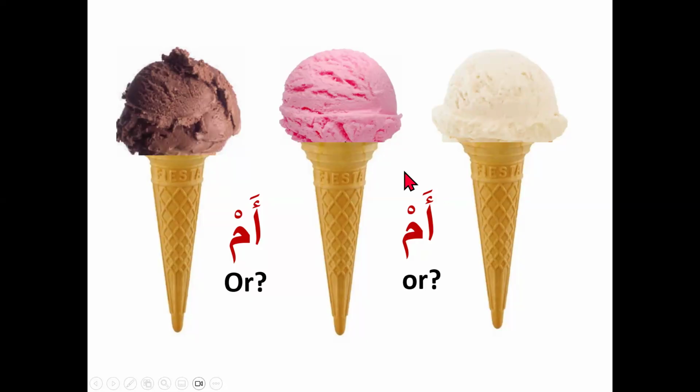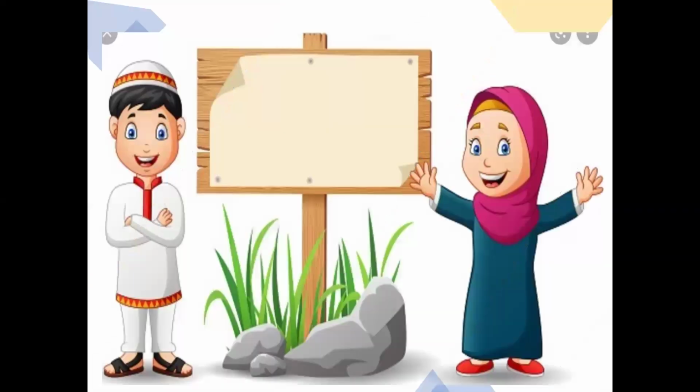I hope you understand the difference between aw and am. When you decide by yourself and you choose one of the things, and you say, I will choose vanilla or strawberry, you use aw here. But when you ask something, do you want vanilla or strawberry or chocolate, then you will use am. So I hope I explained it in a beautiful way. I hope you understand. So this is the whole introduction about the conjunctions, all conjunctions with meaning, with pictures, with differences. I explained to you.